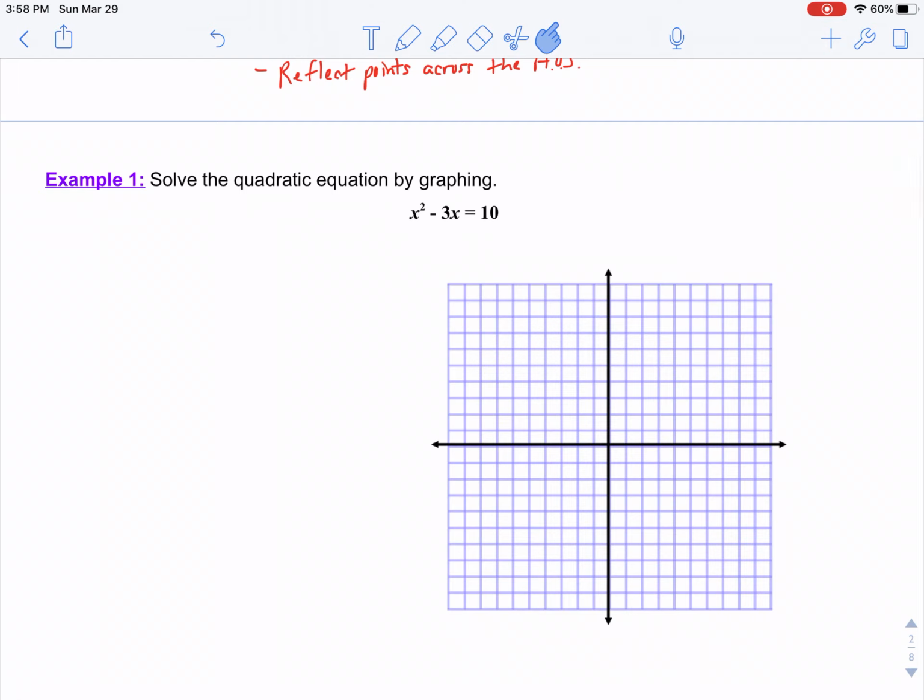So I'll let you guys do this one on your own because I want to cut this video short before it drags on any longer. Try this example on your own, and then we'll pick it up in another